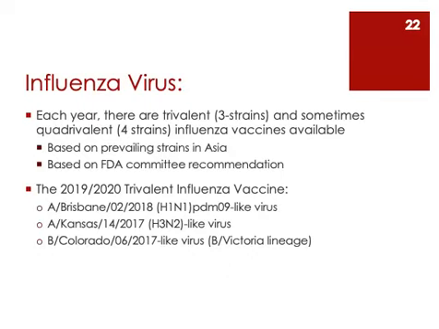So each year, we produce a new influenza vaccine. Some of these are what we call trivalent, and sometimes they are quadrivalent. Those terms just mean either they have 3 strains of the virus in them, that's trivalent, or 4 strains, that's quadrivalent. Now you might say, how do they know which strains to put in the vaccine?